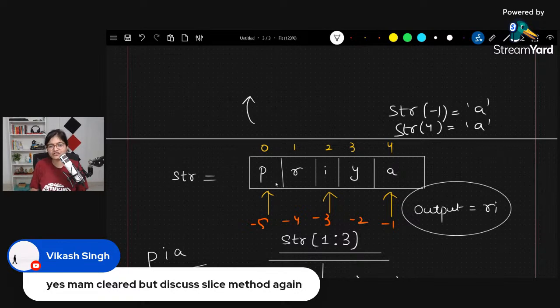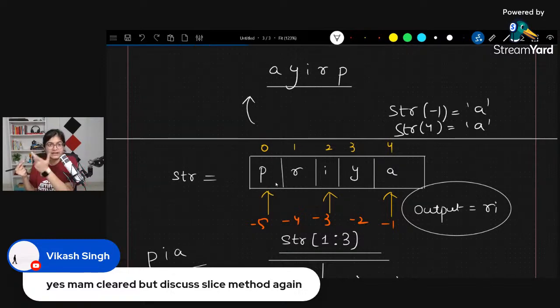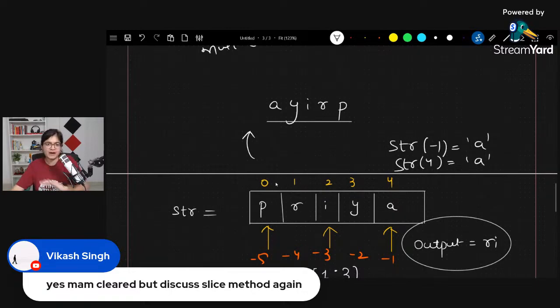तो अगर कोई आपको बोलता है कि भैया स्ट्रिंग को रिवर्स करो, मतलब मुझे आउटपुट में चाहिए ए वाई आई आर पी। अब ध्यान से देखना, दिस कॉन्सेप्ट विल हेल्प यू टू डू द फर्स्ट प्रॉब्लम जो मैंने आपको आज दी है, पैलिंड्रोम वाली। क्योंकि पैलिंड्रोम में आपको यही चेक करना है कि स्ट्रिंग रिवर्स होने पे सेम स्ट्रिंग आ रही है कि नहीं, कैसे चेक कर सकते हैं, बहुत इंपॉर्टेंट है, यही कॉन्सेप्ट आपको वहां भी लगाना है।